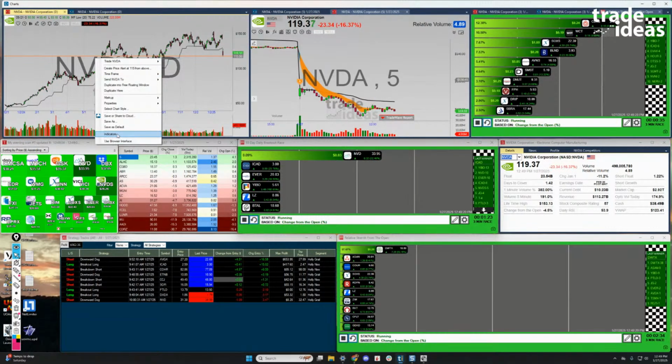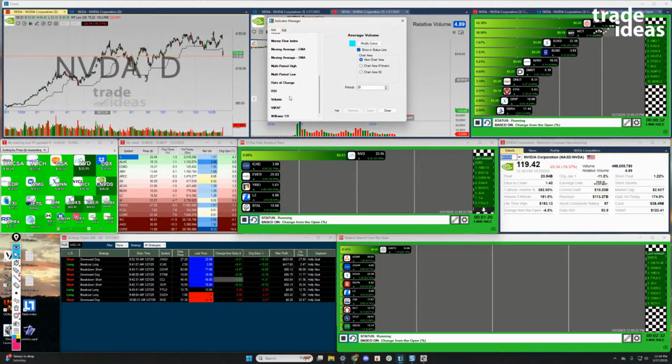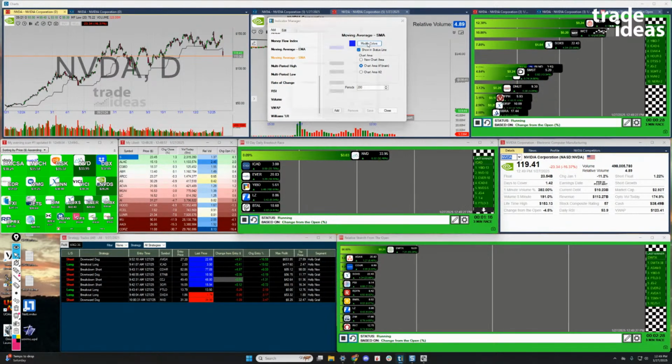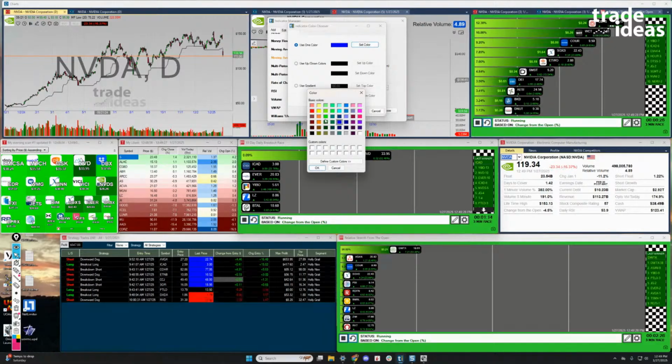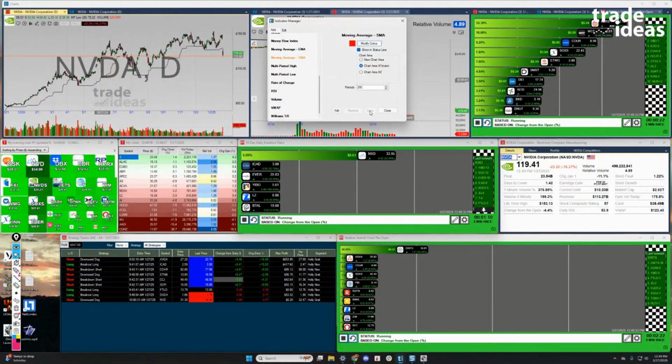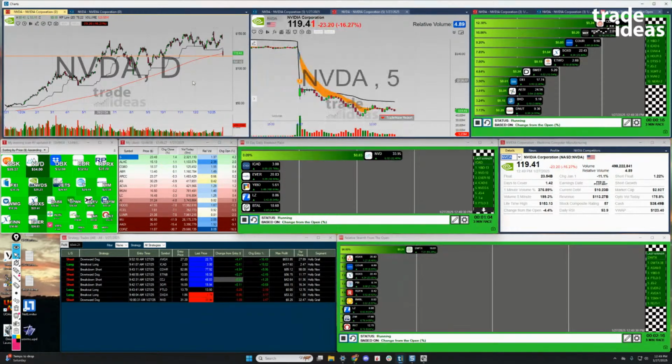Just for fun, let's add a 200 SMA here, for the 200 SMA crowd. Change that color to something a little brighter. Let's go with red, so it's showcased. So look at that. It pierced the 200 even. Still below it now. Ain't that something?